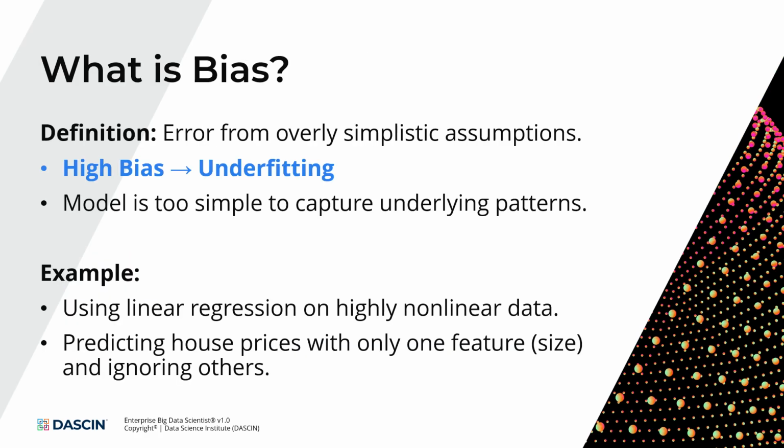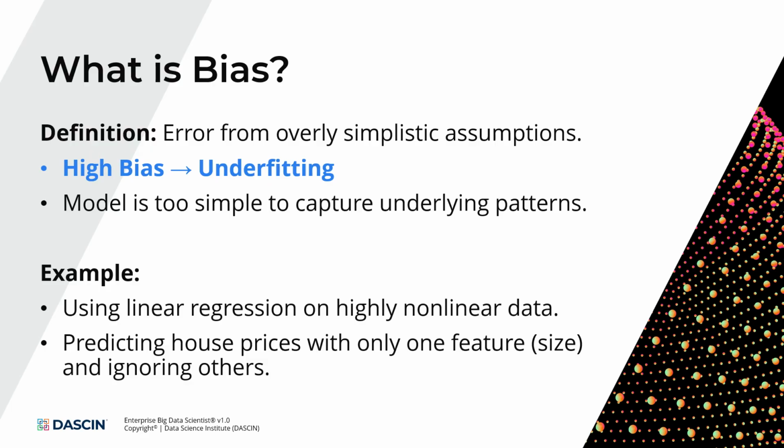Bias refers to the error introduced when a model makes overly simplistic assumptions about the data. A high bias model tends to underfit. It cannot capture the true complexity of the underlying patterns. For example, trying to fit a straight line to data that is clearly curved will result in high bias. Another example is predicting house prices using only the size of the house, while ignoring other important features, like location